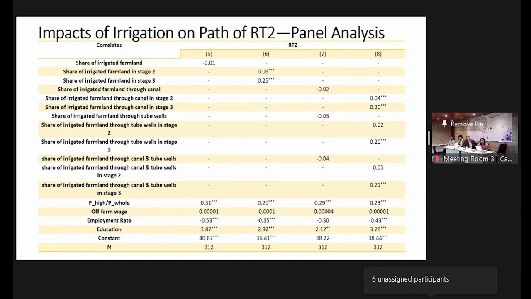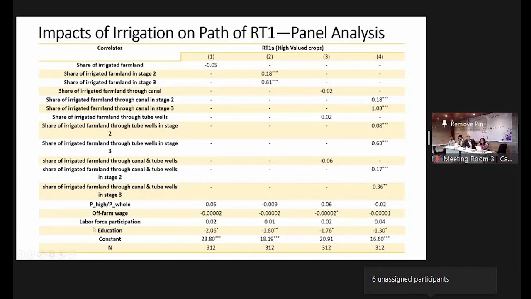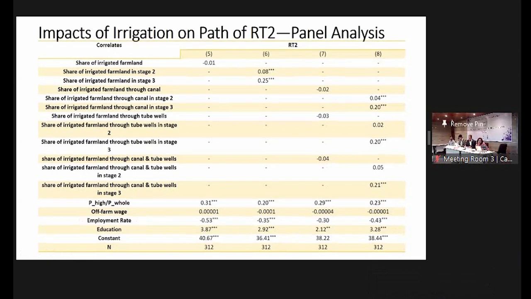One thing I forgot in the previous slide, which is also very important, is to look at the coefficient of education. Here, education is taken as the number of years of schooling. We see a negative sign in all the models, which shows that when farmers get educated, they consider themselves more suited for off-farm employment. When we move to the next model, we see education being positive, which shows that educated farmers consider themselves more appropriate for off-farm activities, so they try to engage